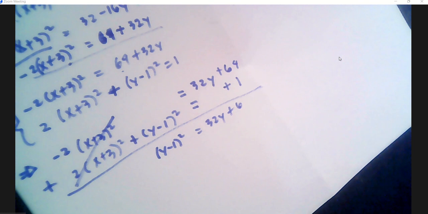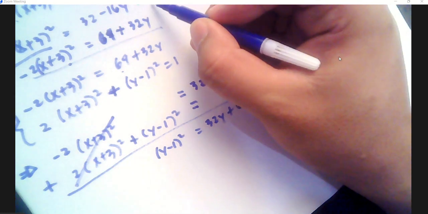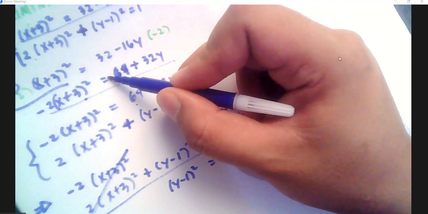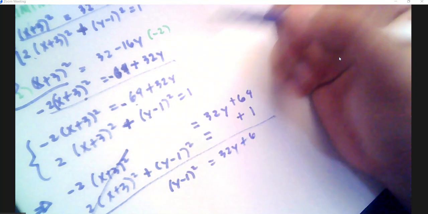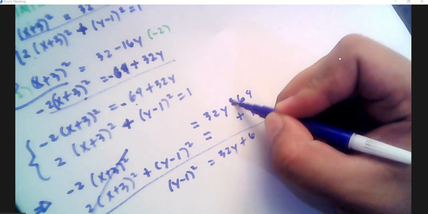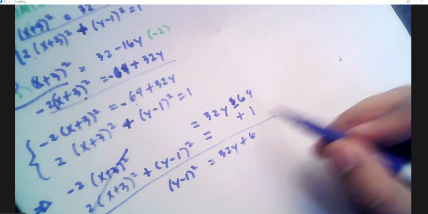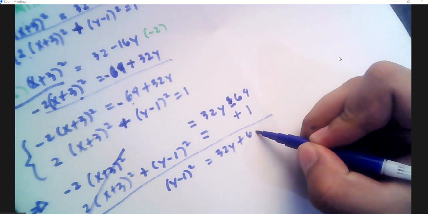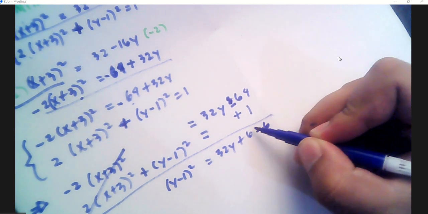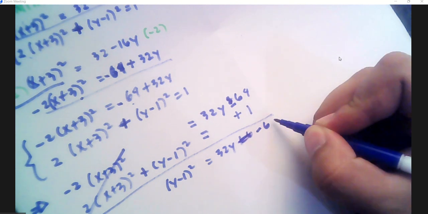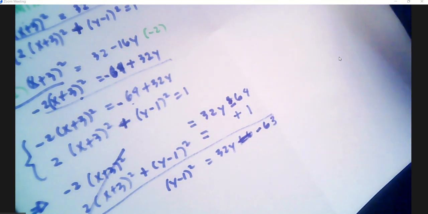This could be, let me check, hold on, -2 times 32, that is -64, I'm sorry, okay. So this must be -64. -64 plus 1, that is -63. Let me erase this. -63. Okay, so